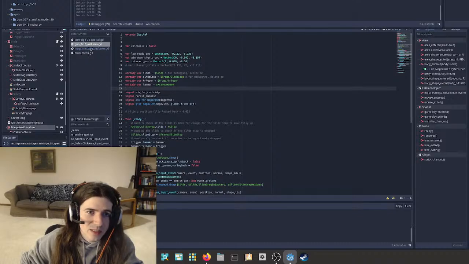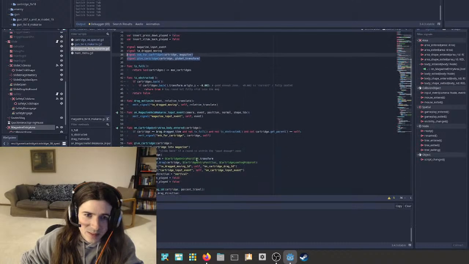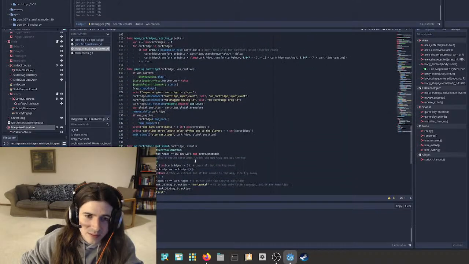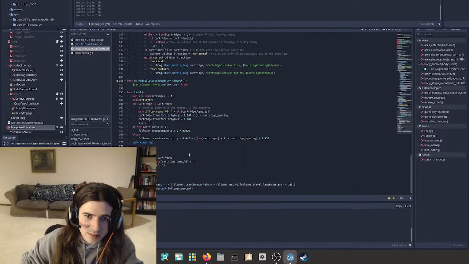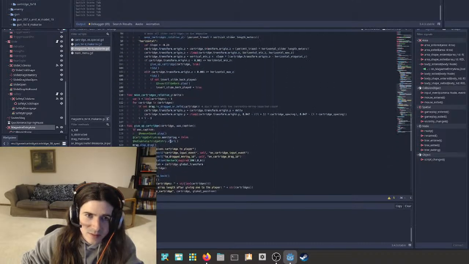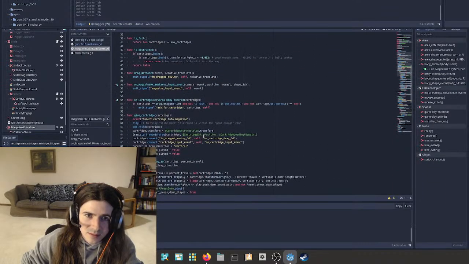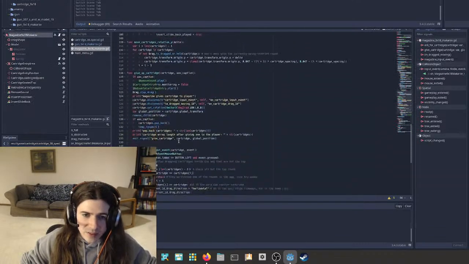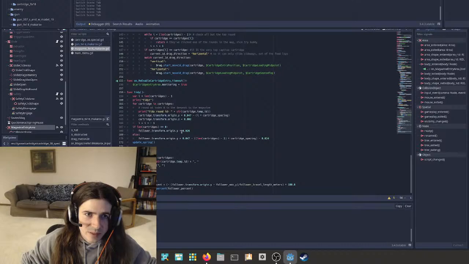But if we look at the magazine, when we have on body entered, right? So we're going to just keep on keeping with the same stuff.